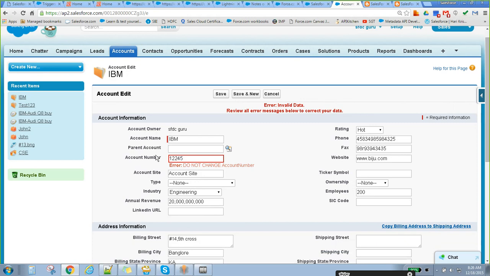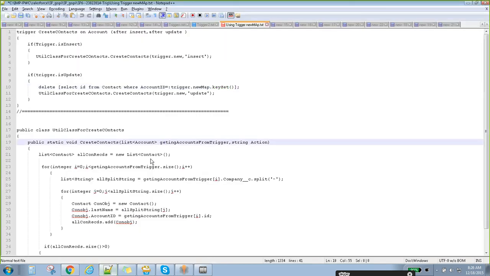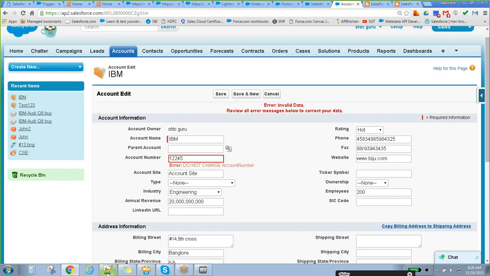If you want hierarchical debug logs, let's say you call create account, create contact, delete contact, update contact, these four methods, you want to know the stack trace and where the execution flow happened. If you are seeing your log by putting system.debug, you won't understand it very easily.